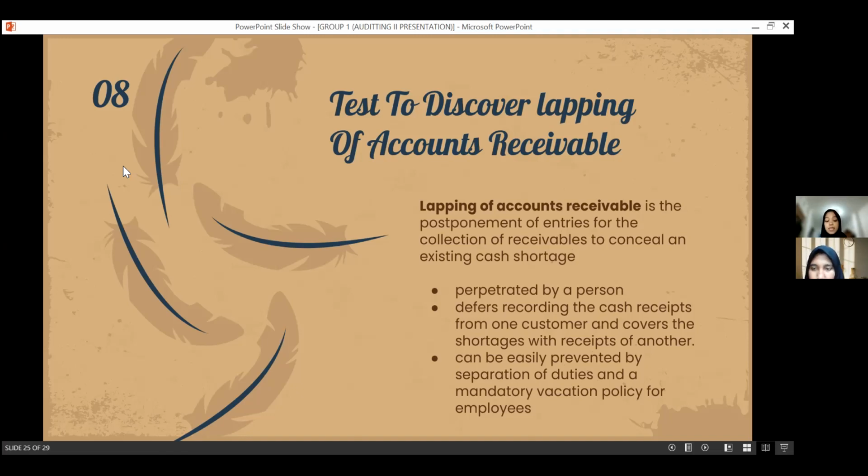It can be detected by comparing the name, amount, and date shown on a remittance advice with cash receipts journal entries and related duplicate deposit slips. Because these procedures are relatively time consuming, they are ordinarily performed only when a specific concern with embezzlement exists because of a deficiency in internal control.